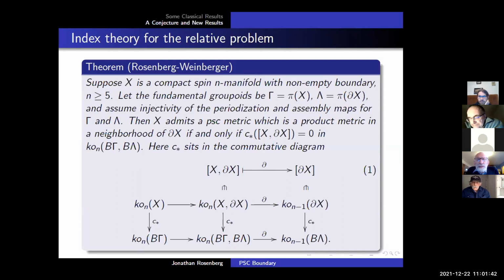The nature of the groups is very complicated. While you can write down in principle a formula for it, it's very complicated. But the structure of the groups is known in the sense that